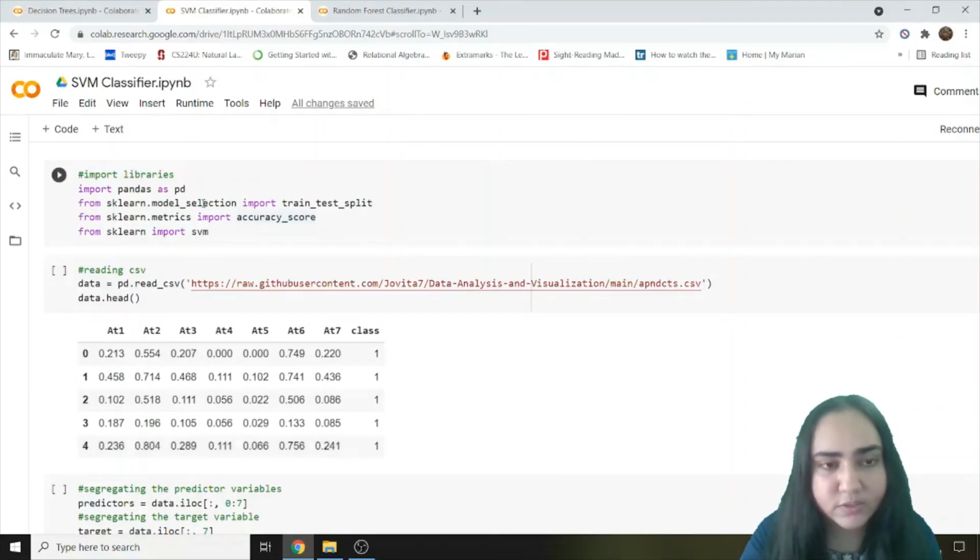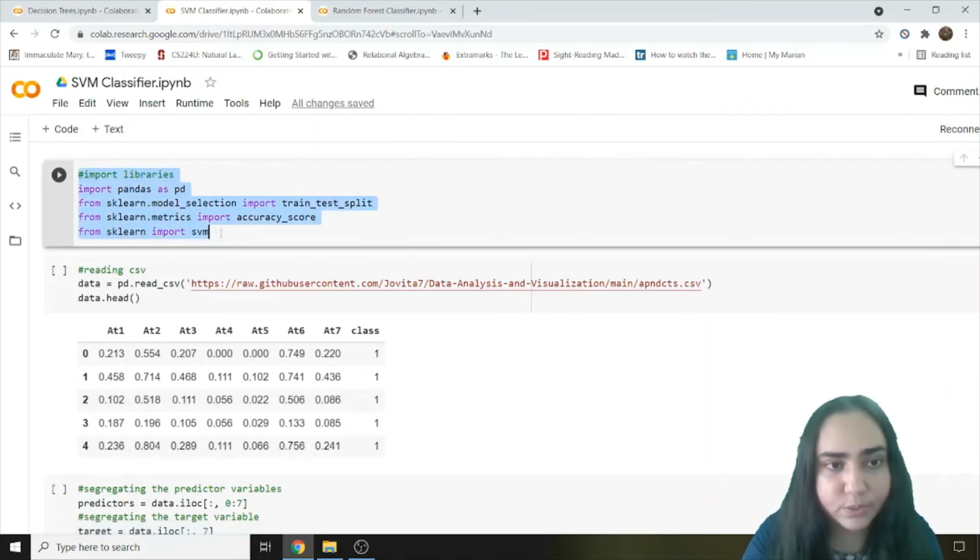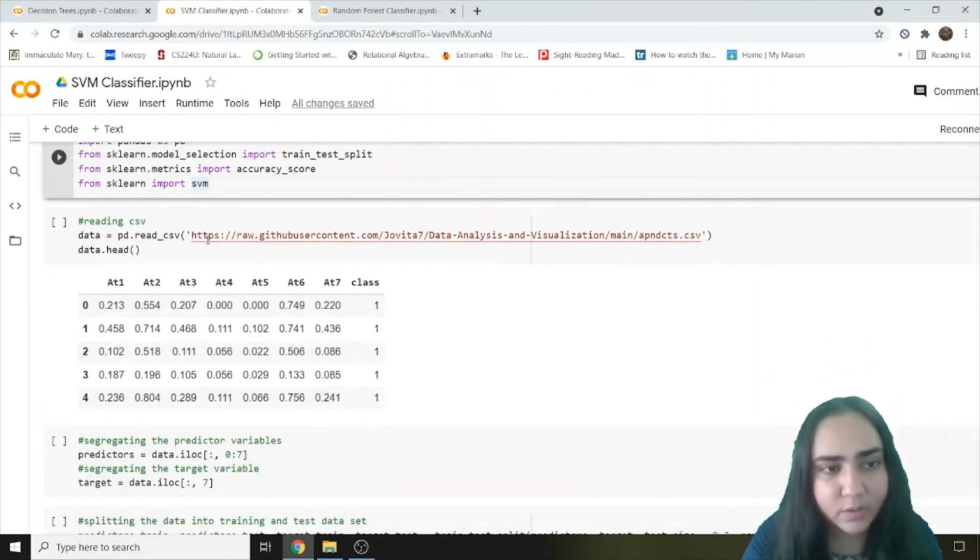So this is the SVM classifier implemented in Python. Here you have, once again, two libraries, pandas and sklearn, just as we saw in random forest. From pandas, we will just import pandas itself, and we need the train test split, accuracy score, and SVM from sklearn. Okay.